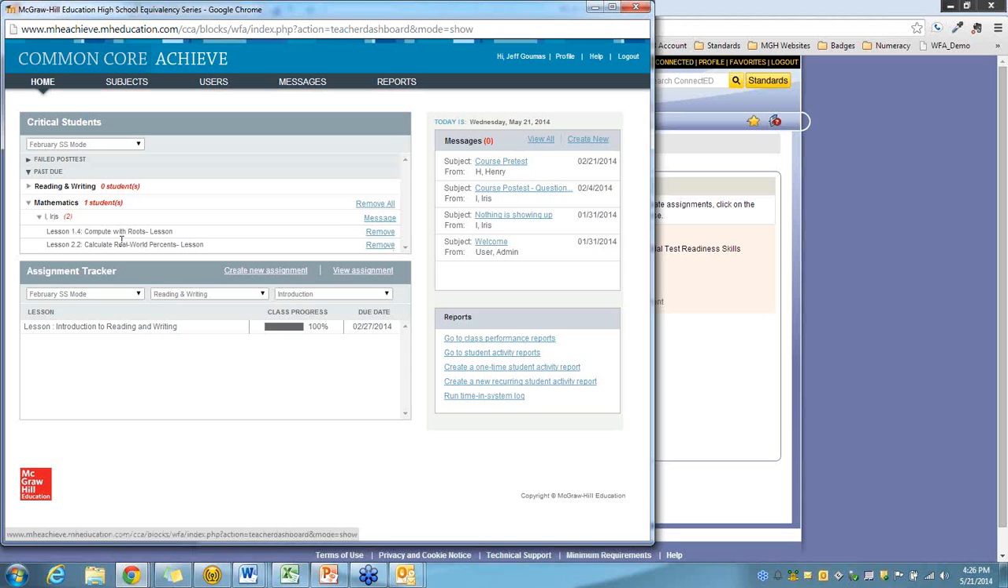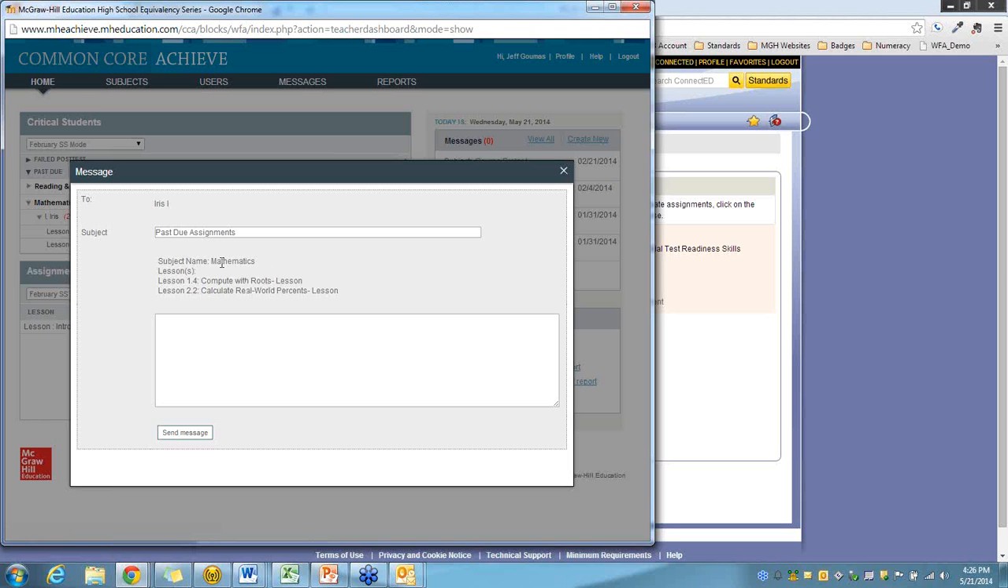Now, what I do have the ability to do for all of these is to, for the student, send a message. And in this case, embedded in the message that I send them is going to be the lessons that they have overdue, or in the case of failed post-test, the lessons for which they failed the post-test. So that's pre-populated with this information. I have the ability to change the subject area, and then I can tell the student, I noticed you had